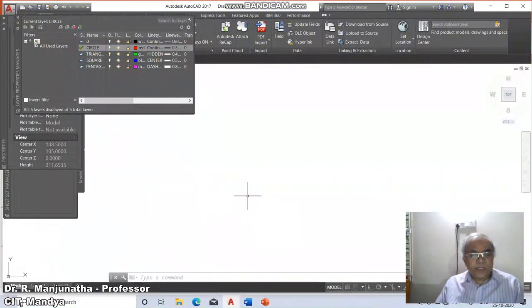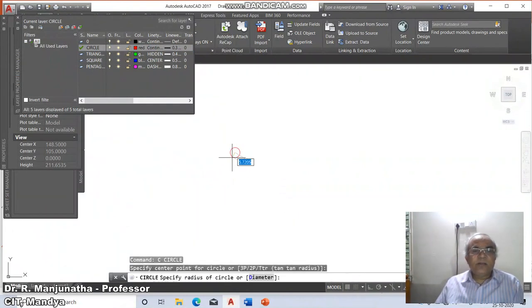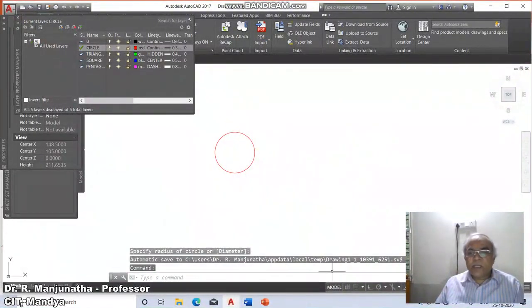Now we will create a circle. I will draw a circle, click on this, and we will draw it in the circle layer. Now I am going to switch on the line weight.